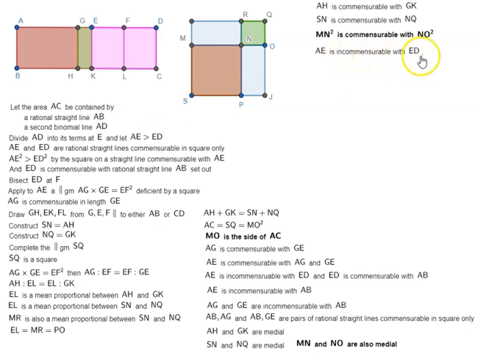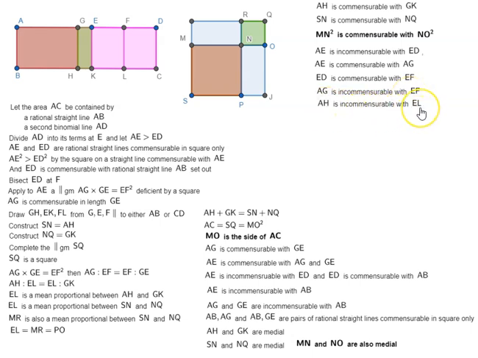AE is incommensurable with ED. AE is commensurable with AG. ED is commensurable with EF. That means AG is incommensurable with EF. So we have to look at these three statements. AE is incommensurable with ED, but AE is commensurable with AG. So let's substitute AE with AG. AG is incommensurable with ED, but ED is commensurable with EF. So again, we substitute. So AG is incommensurable with EF, which means AH is incommensurable with EL